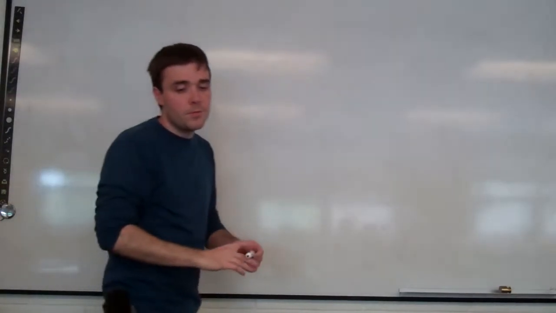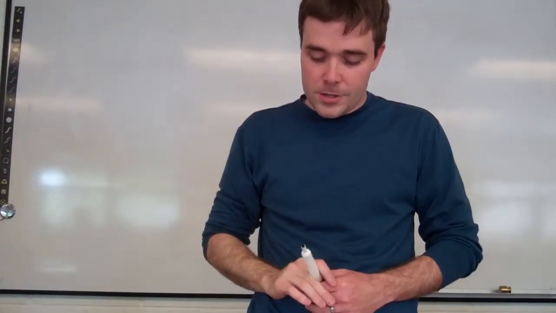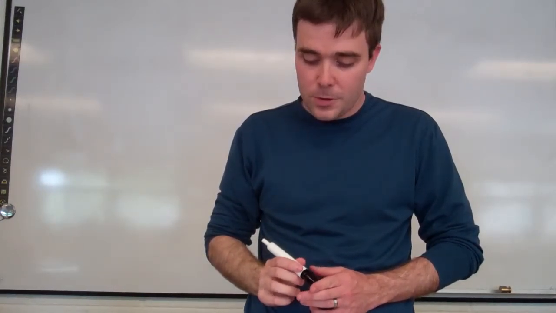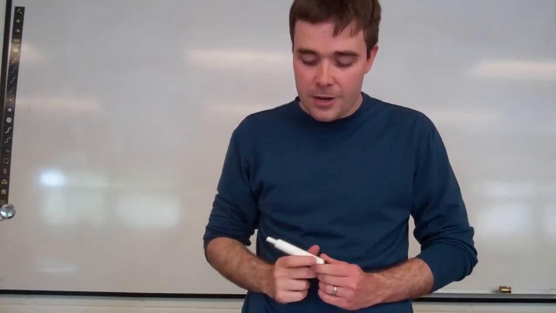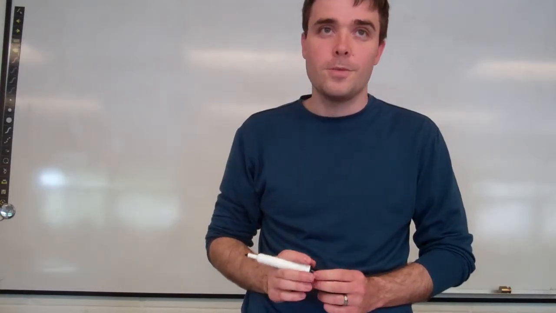Alright, number 3. A car accelerates from rest at a rate of 1.8 meters per second squared for 10.2 seconds, then continues at a constant velocity for 26.5 seconds before it starts to decelerate at a rate of 3.2 meters per second squared until it comes to a stop. How far did the car go?